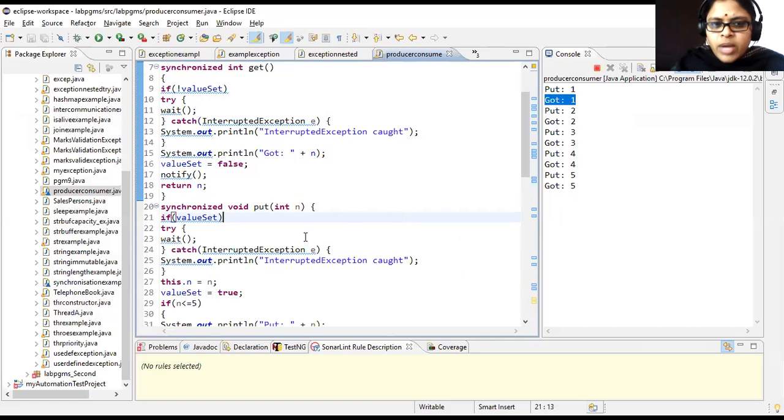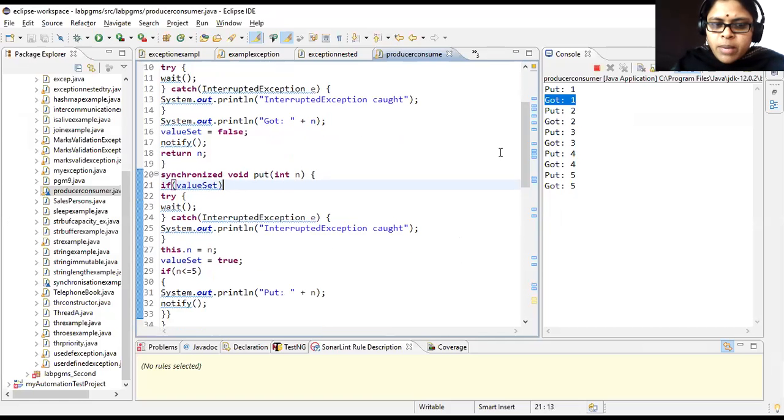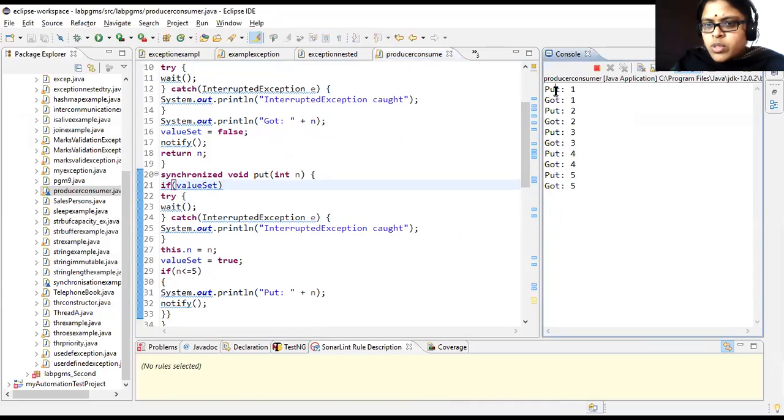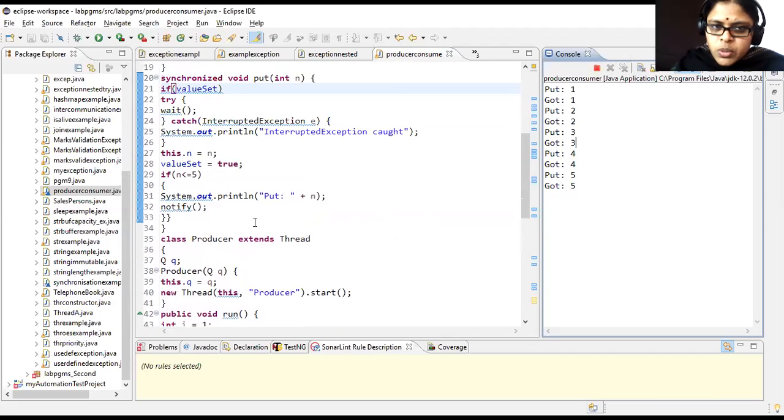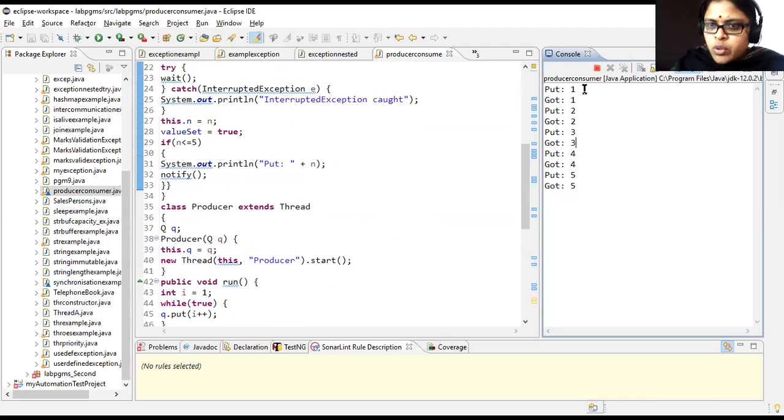Right. Now, as I said, we have slightly modified the program. The program looks like this. Producer producing the data, consumer should consume the data. Producer producing data 2, consumer should consume the data 2. Producer will produce the data 3, consumer will consume the data 3 and so on. This I said you initially also. So now consider that your producer is called first time. What does it do? It will post the data, it will write put 1.